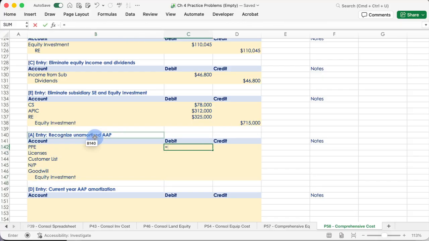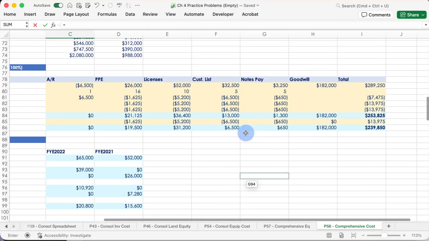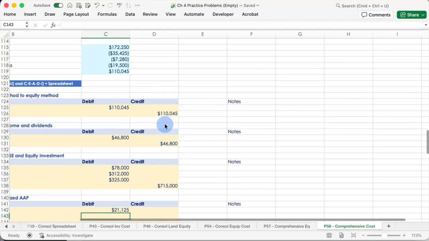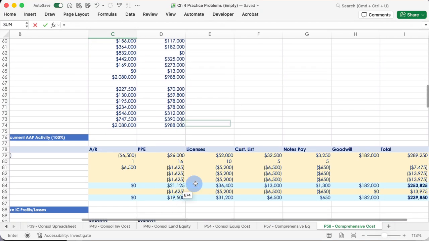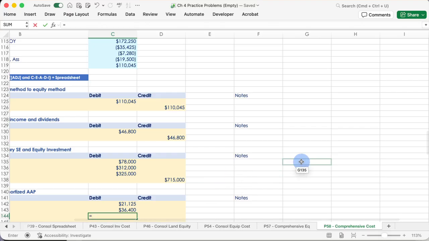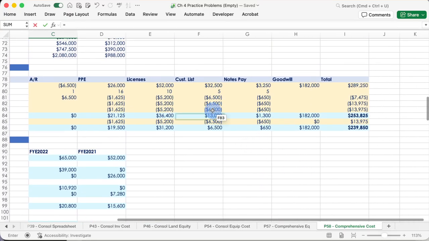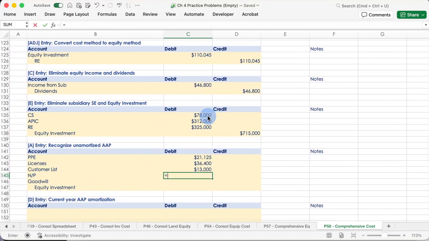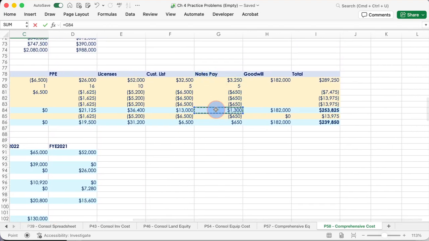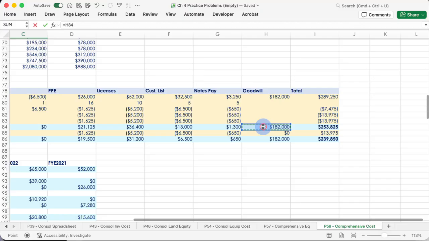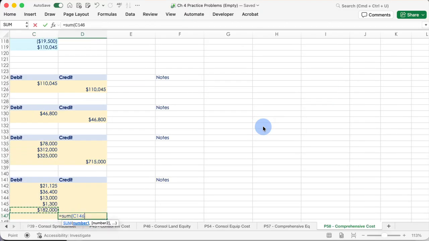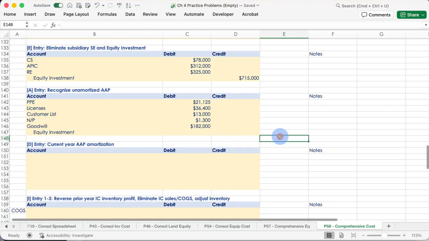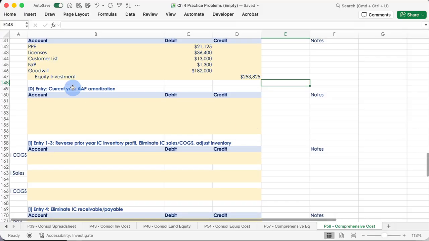And we're going to go get the unamortized amount as of the beginning of the year. So we'll take PPE, licenses, customer list, notes payable, and goodwill. Then we'll just do a quick sum and add those up for 253,825. Then we need to do our D entry, where we will do the